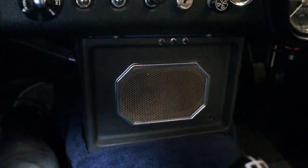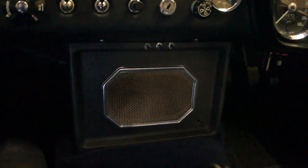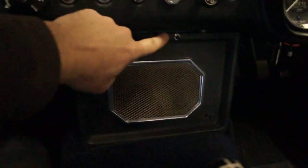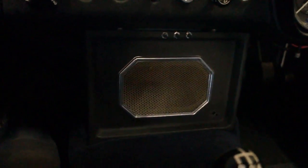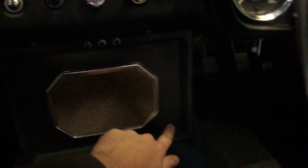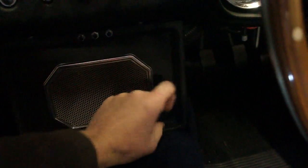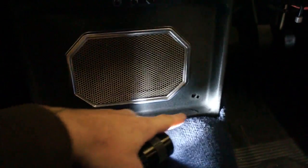Okay, and this is what it looks like all together. You can just see the switches up at the top, but just barely. They're hardly noticeable, so that's good. I do have a hole here from where I had a volume dial that used to come through, but